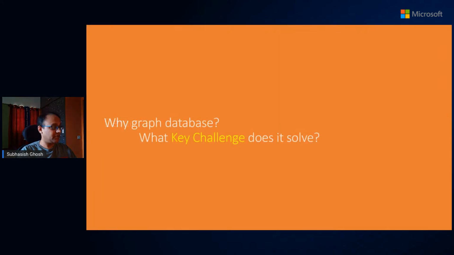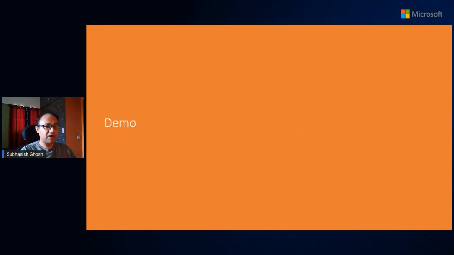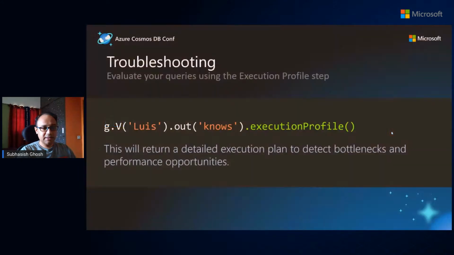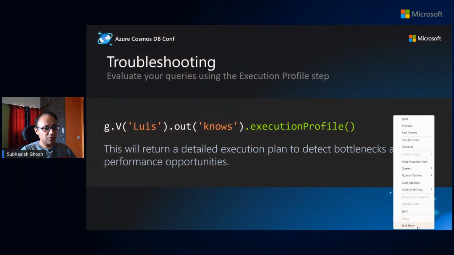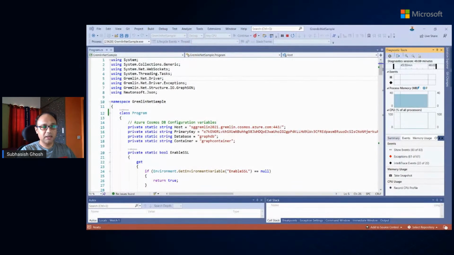Azure Cosmos DB Gremlin API. Since 80% of the query traversals were using edges, we wanted to understand and also show the customer the value prop of the Gremlin API of Azure Cosmos DB. So let's quickly take a look at some of the key points so that it's clear.